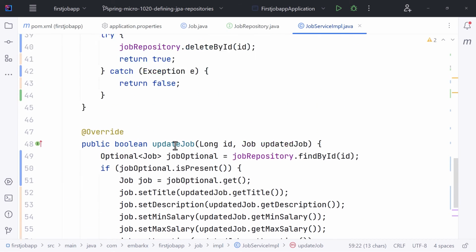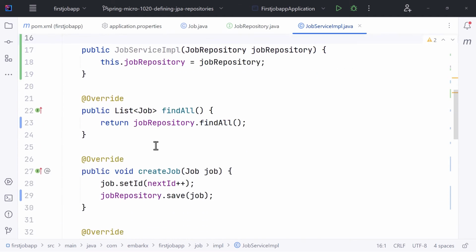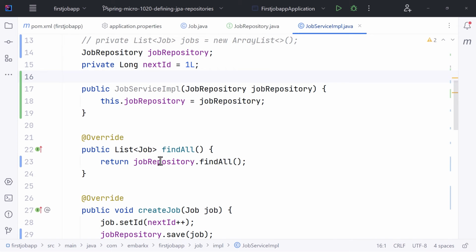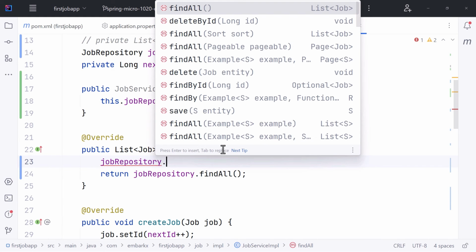So you can see with the help of JPA, we were able to make a lot of changes in the service class, and we have actually made use of JPA to persist the data to the database. Also, I would request you all to spend some time exploring this object. If you press dot over here, you can see different methods that exist. You can see save over here. This is to save the job object or any entity for which you have created the repository into the